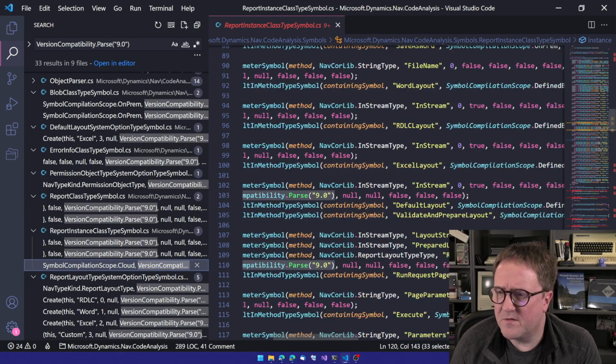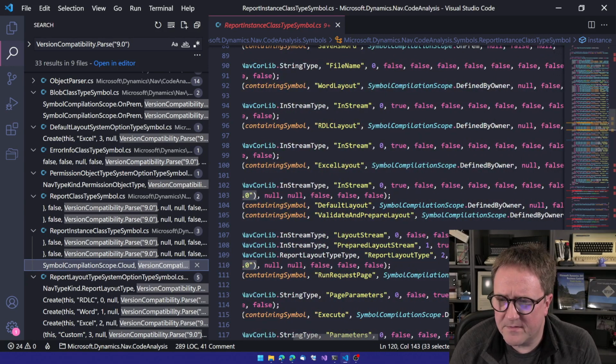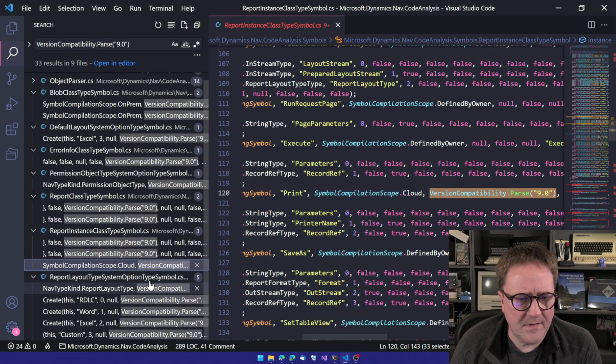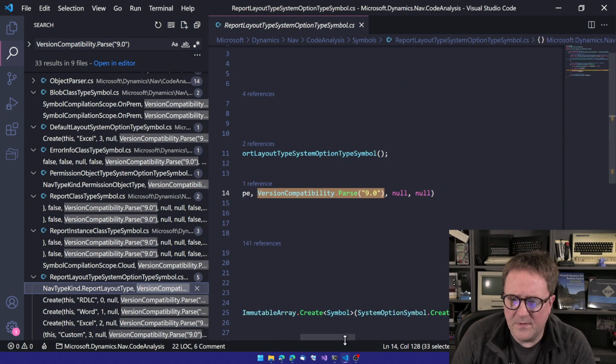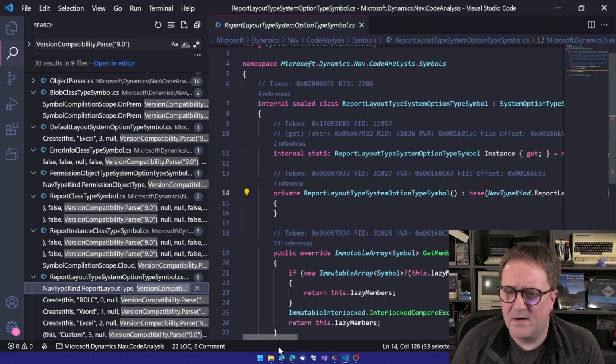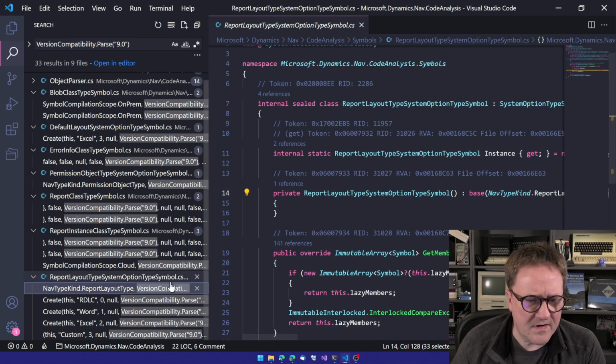Are these units overload? I don't know. Let's continue. It's clearly that most of the stuff that happens here are report layout types,